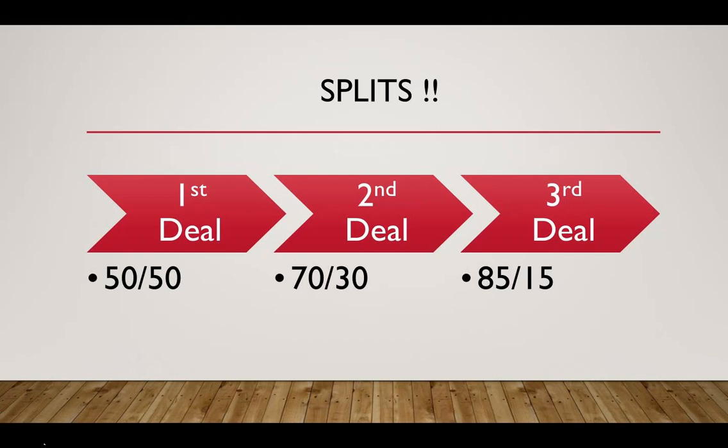And it's outlined right here. Your first transaction, regardless of where the customer comes from, is on a 50-50 split. The second one's a 70-30, the third one's an 85-15. Following that third deal, you have the option to continue on a team with your mentor under an agreement you make with them,